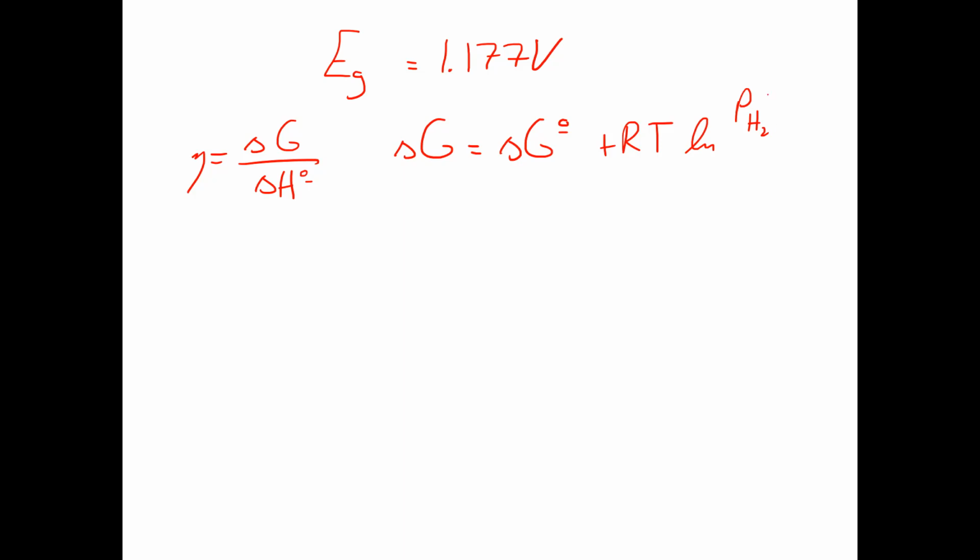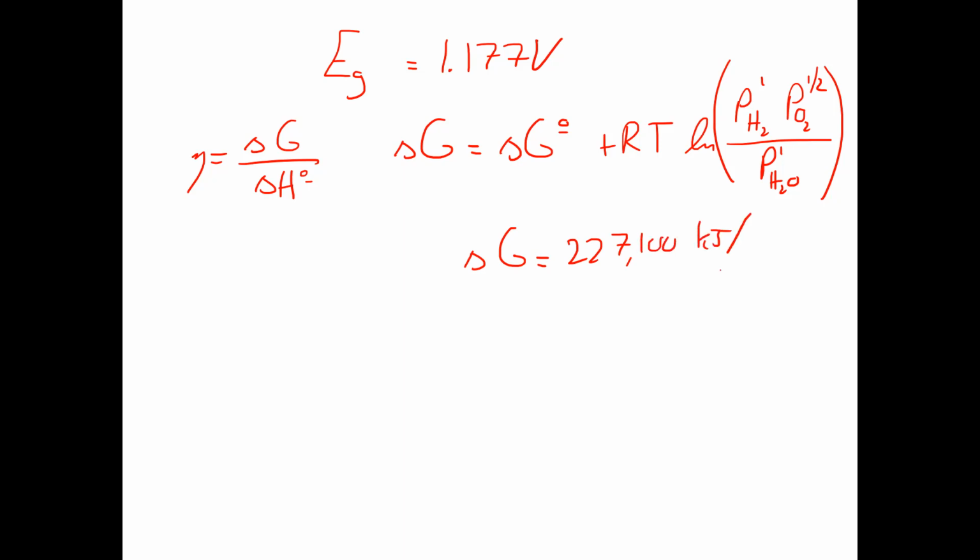So you have the partial pressure of hydrogen raised to the number of moles of hydrogen multiplied by the partial pressure of oxygen raised to the number of moles of oxygen, divided by the partial pressure of water raised to the number of moles of water. In that case, we would get the change in Gibbs free energy to be